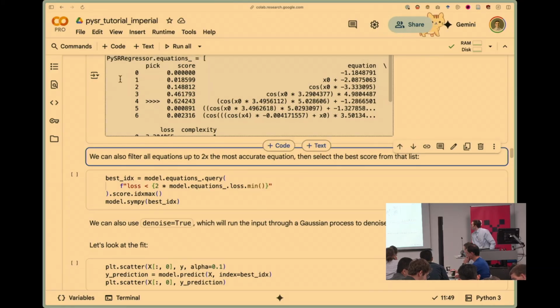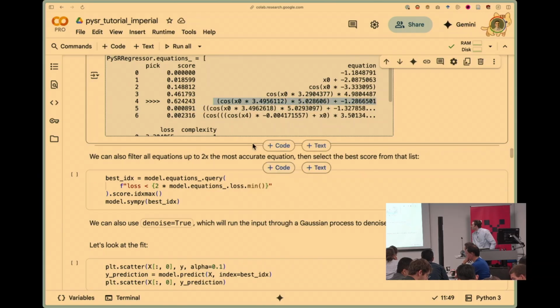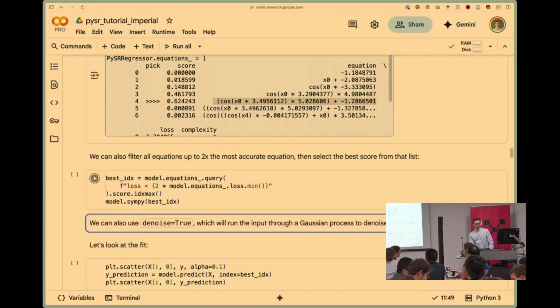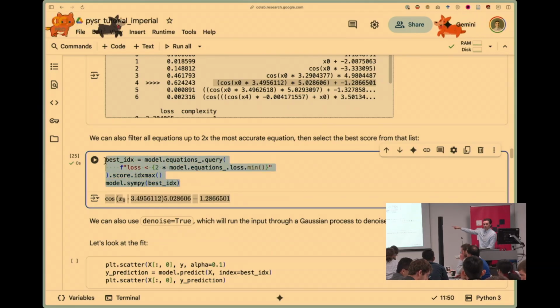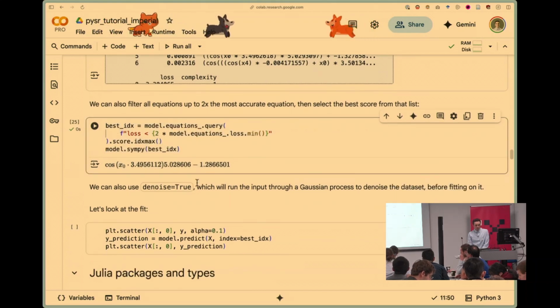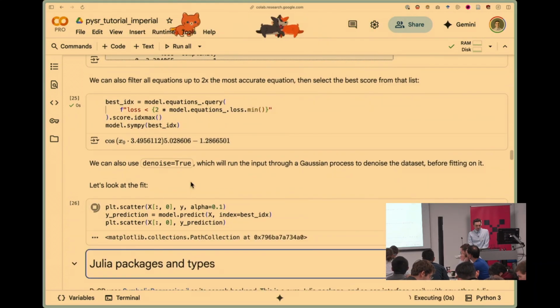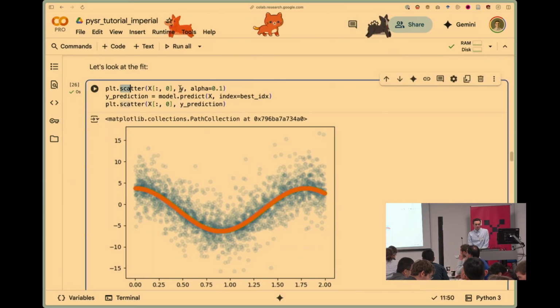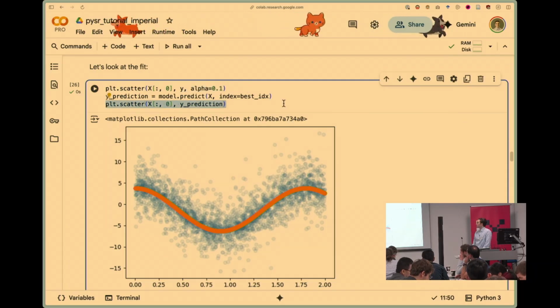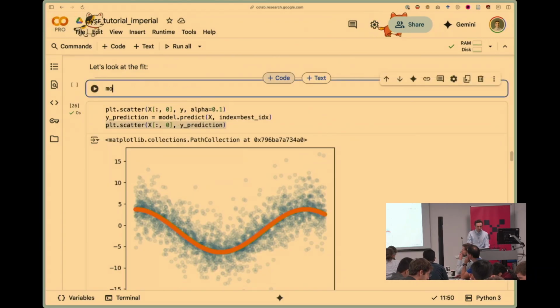Okay. So it found this, and this actually looks like the correct expression, which is good. So even though it's highly noisy, it found the right expression. What we're doing here is manually picking an equation with pandas. Okay. Let's look at the fit, right? So that's nice. This is the original data set and then our predictions, and it gives us this smooth loss term. And if we look at the full equation list,